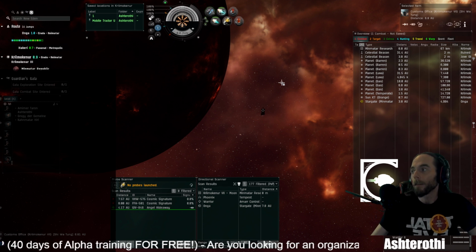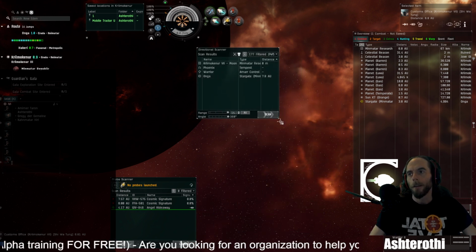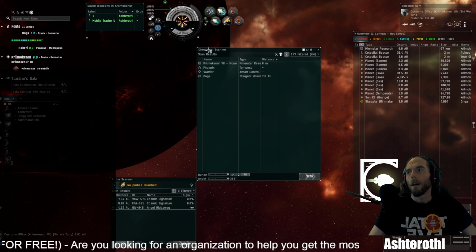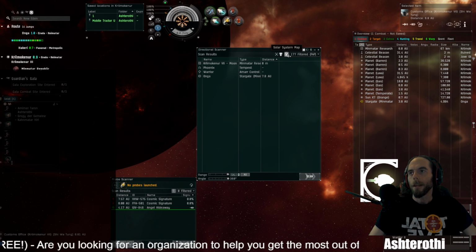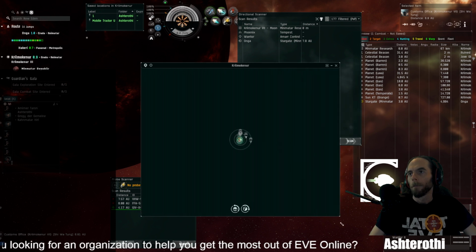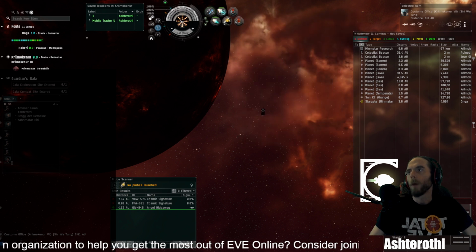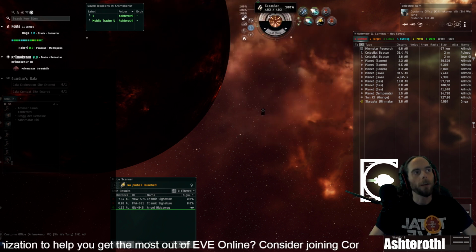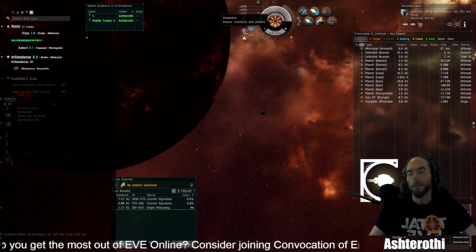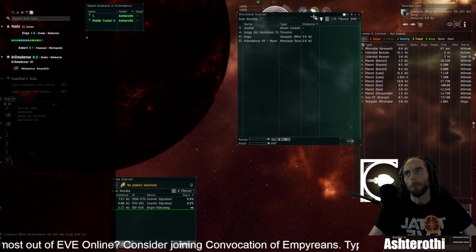So the next thing to do is pay attention to your directional scanner. Your directional scanner is basically like your local radar, okay? I find it best and easiest to demonstrate it by showing it on the map. Now, when you first open up the map, or if you first open up the directional scanner, which, by the way, the way to open up your directional scanner is if you go over here to your HUD, which yours will probably be at the bottom,